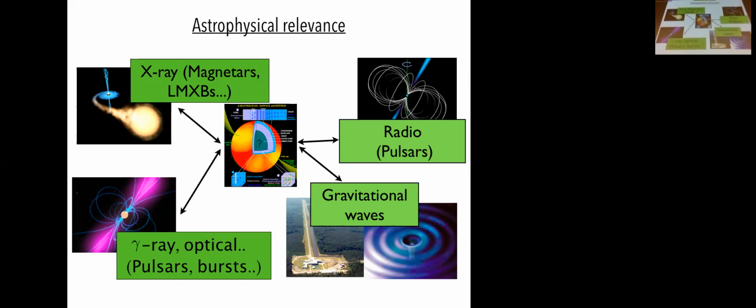I'll be discussing mainly radio pulsars, so this is how neutron stars were discovered. What you think you have here is a star that's rotating around this axis, and the magnetic field is misaligned. So if you're accelerating particles here at the poles, you're emitting radio waves, and then as it goes round, you basically have a lighthouse, and when it crosses us, we detect a blip, and then we can time this pulsar. But of course, we observe them also in X-rays, gamma rays, optical, and as of very recently, gravitational